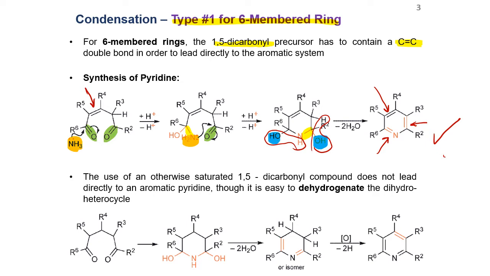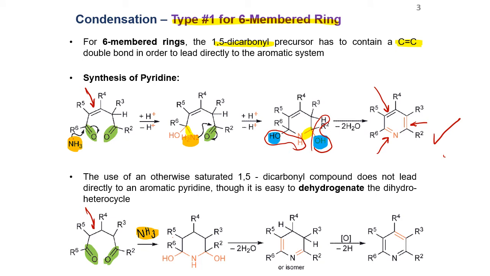But if your 1,5-dicarbonyl compound doesn't have a double bond to start with, you can follow the same reaction by using the 2 carbonyl groups as electrophiles, and if you use a heteroatom like amines as a nucleophile,